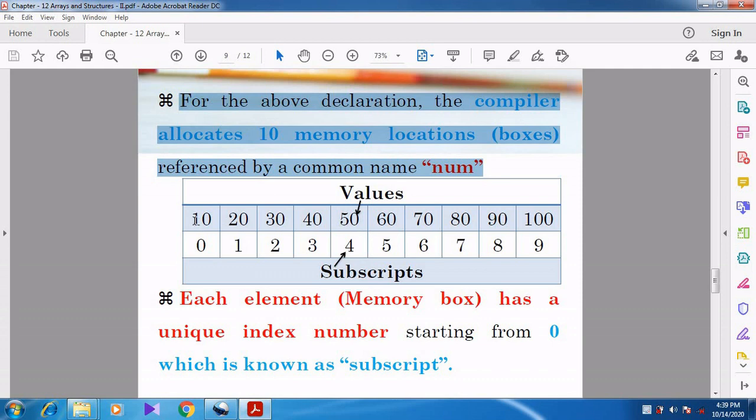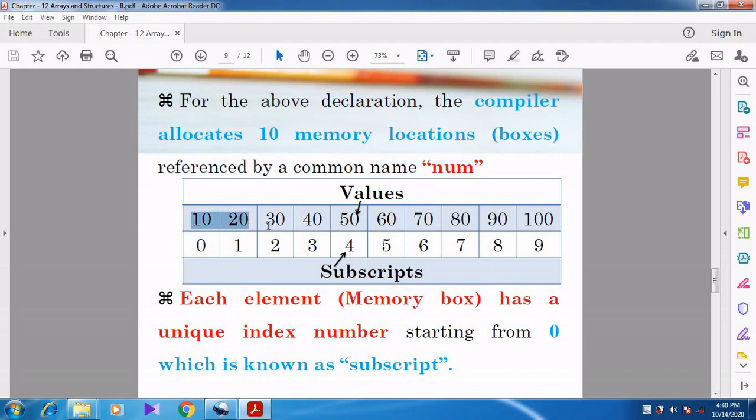These are the 10 memory boxes: 1, 2, 3, 4, 5, 6, 7, 8, 9. So totally 10 boxes are occupied by the variable num. All the 10 boxes are used to store the values, is it right or not?